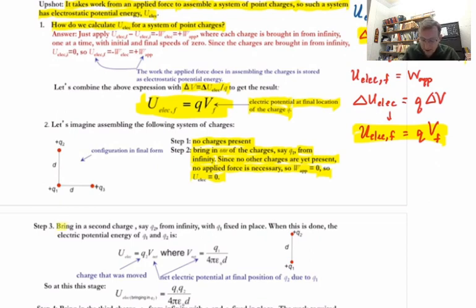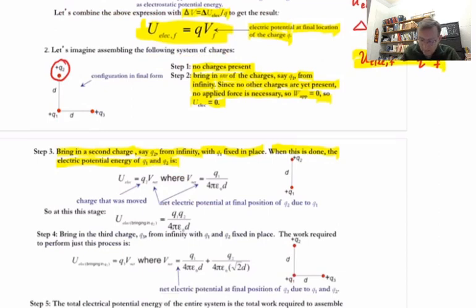All right, so with charge 1 nailed down, step 3. Let's bring in a second charge. It doesn't matter which. Let's say Q2. From infinity, with Q1 fixed in its place. And put charge 2 at its specified final location, which is up here. Distance d from Q1. When this process is done, the electric potential energy of Q1 and Q2 together is